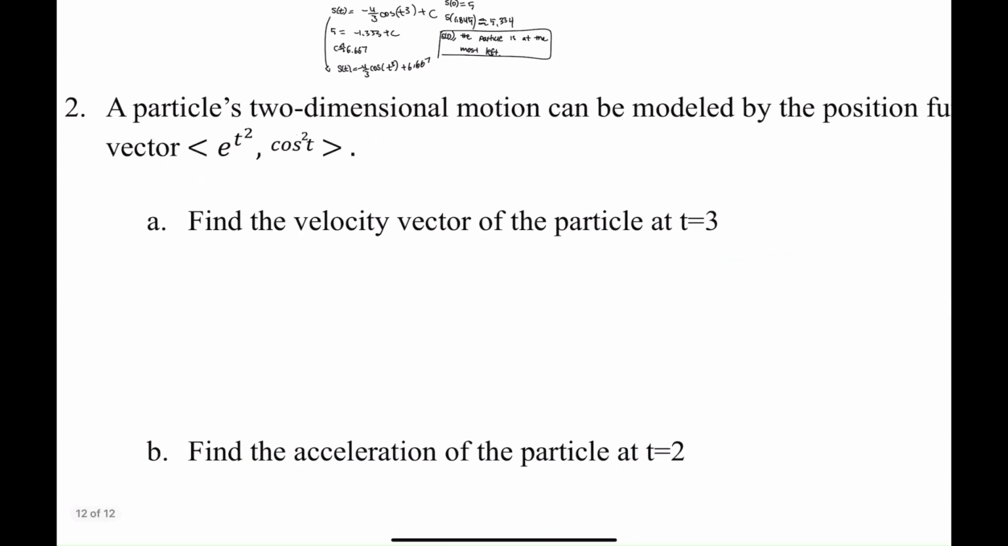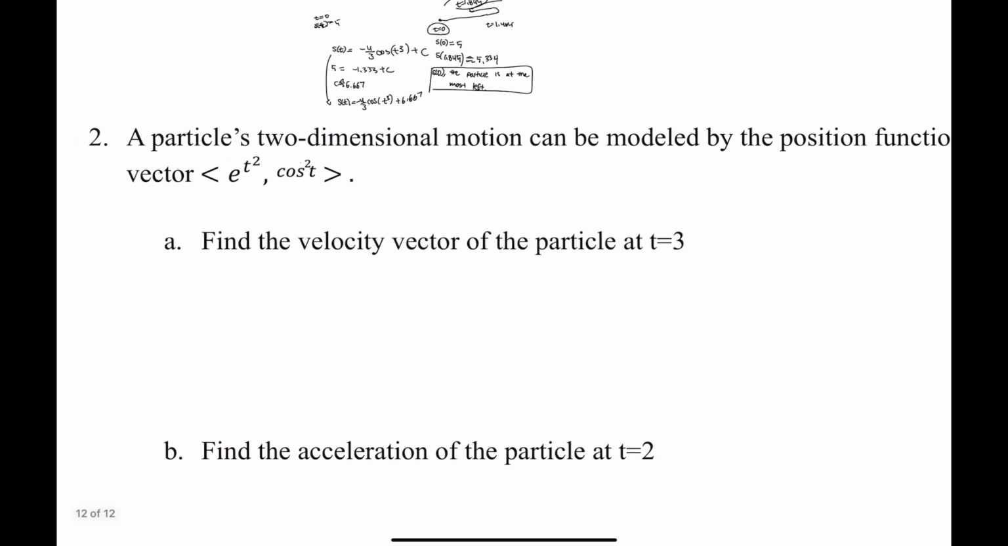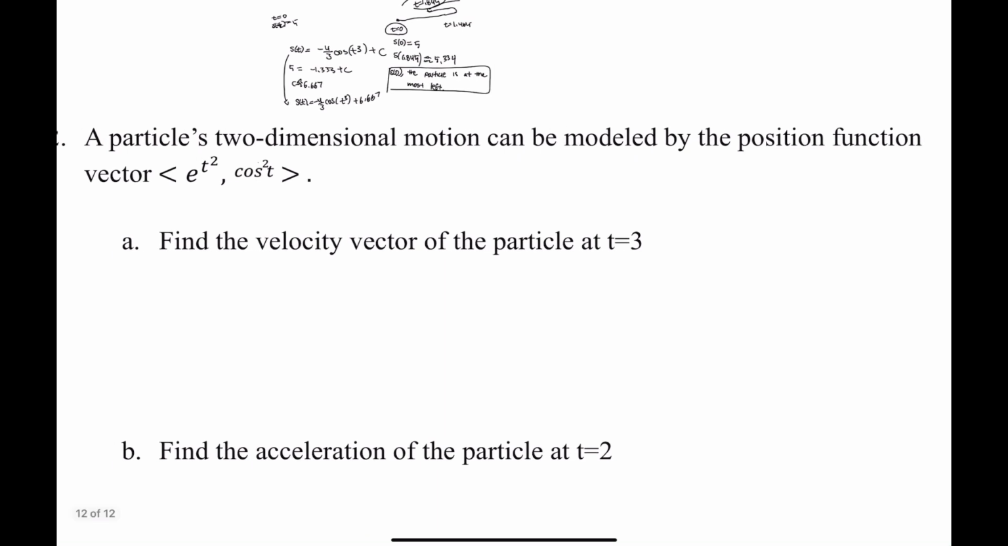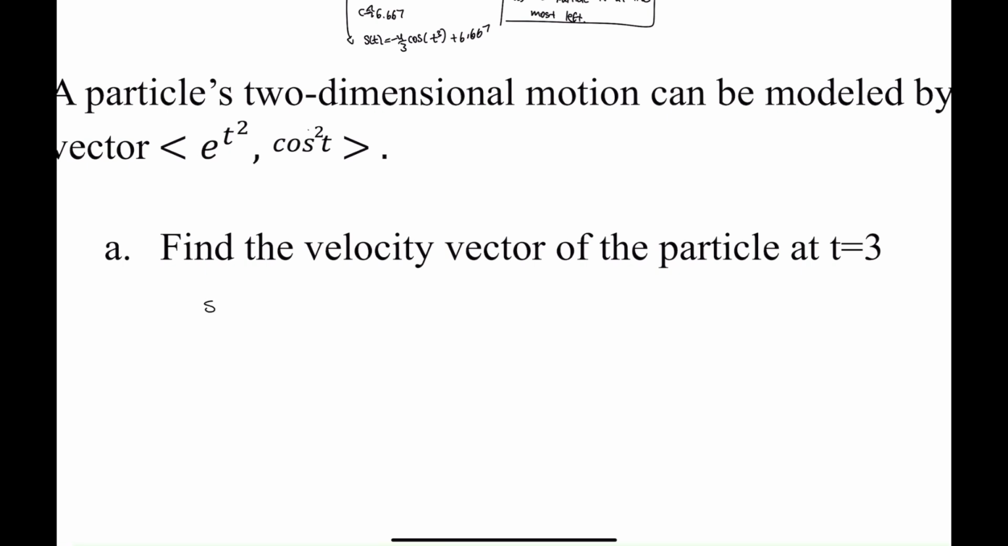And then we're going to number 2. A particle's two-dimensional motion can be modeled by the position function vector e to the power of t squared and then cosine squared t. So it says find the velocity vector of the particle at t equals 3. So since that's the position,